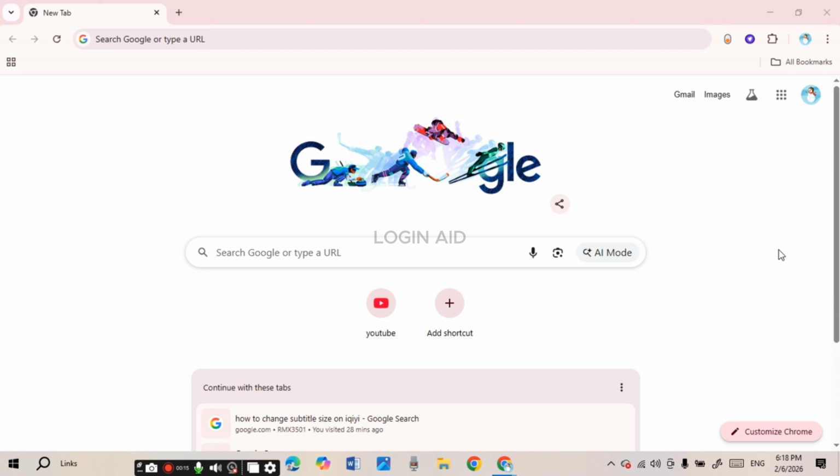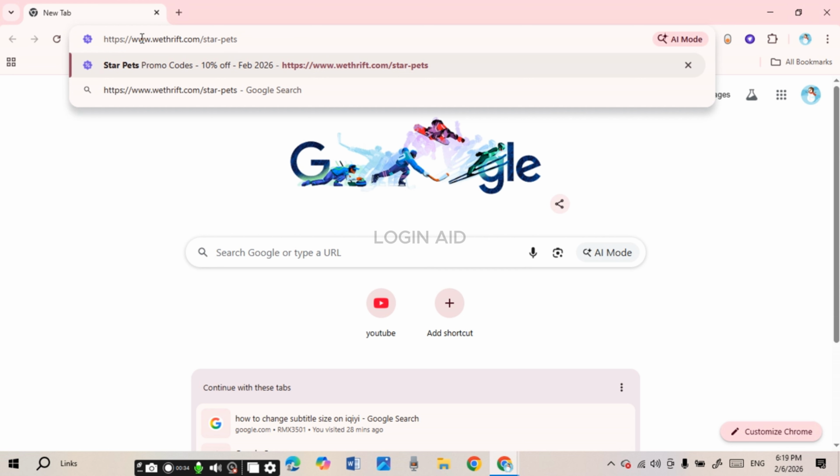There are various websites and platforms that provide you the promo code of StarPets. You can simply go to any platform of your choice. Here I'm going to teach you by taking you to a specific platform. So for that, click on the search bar and type in this link